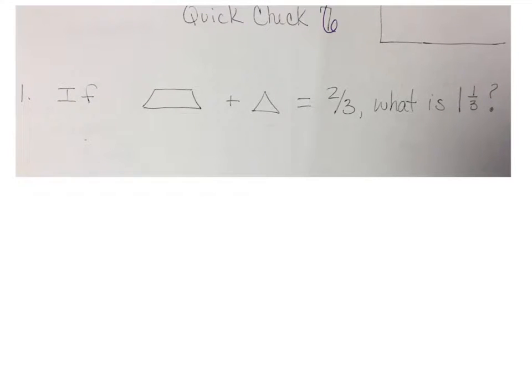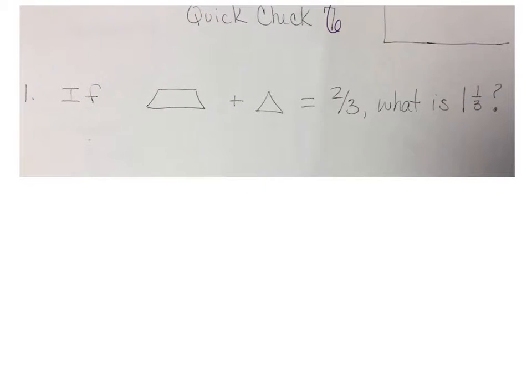For this problem, a couple of things you want to have going through your head at this point: you know that the whole was broken into 3 parts because the denominator is 3. And remember that the numerator says, oh, I have 2 parts of the 3. So when you look at these shapes, you know that you have 2 of the parts. So you can combine them, or you can think of them as,